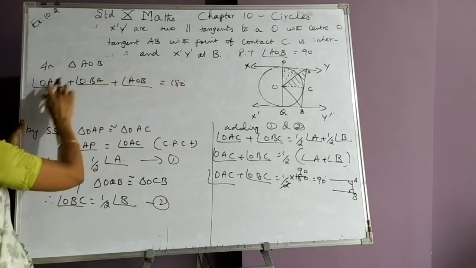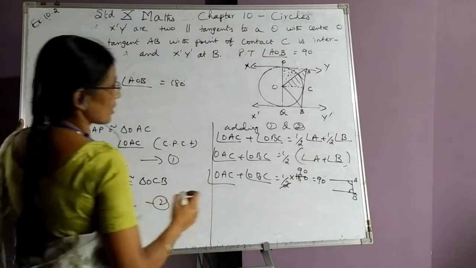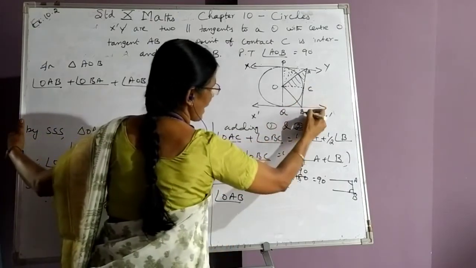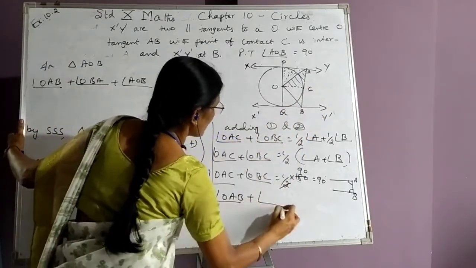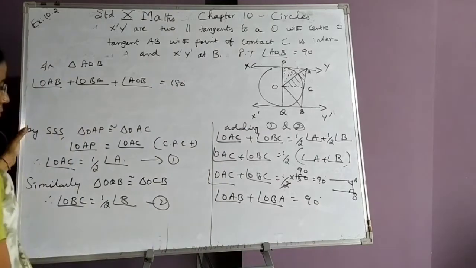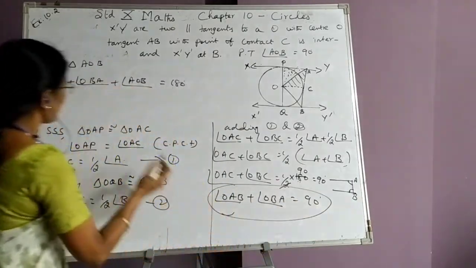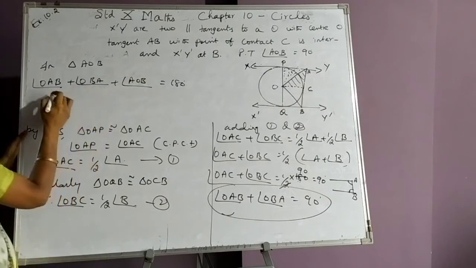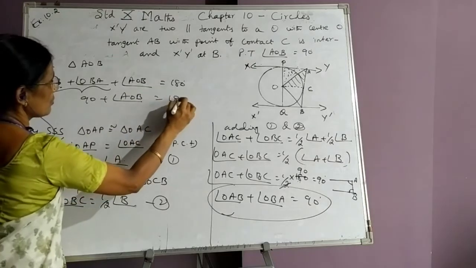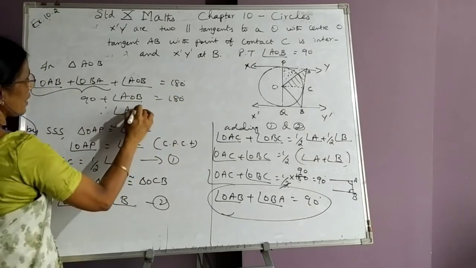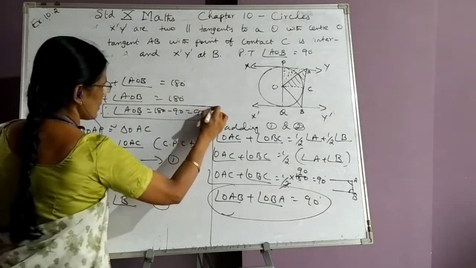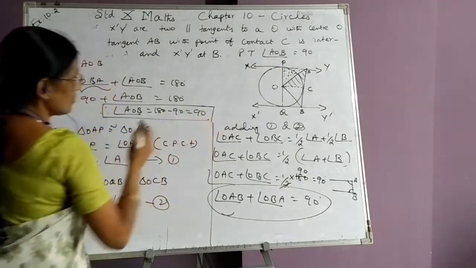In any triangle, sum of three angles equal to what? Equal to 180 degree. This angle OAC is nothing but OAB. C and B lie on the same straight line, therefore it is OAB. OBC is nothing but angle OBA. OAB plus OBA is equal to how much? 90. So this result we are going to use in the place of OAB and OBA. So replacing this by 90, plus angle AOB is equal to 180. Therefore, what is angle AOB? It is 180 minus 90, which is equal to 90. Hence, angle AOB we got it is equal to 90 degree.